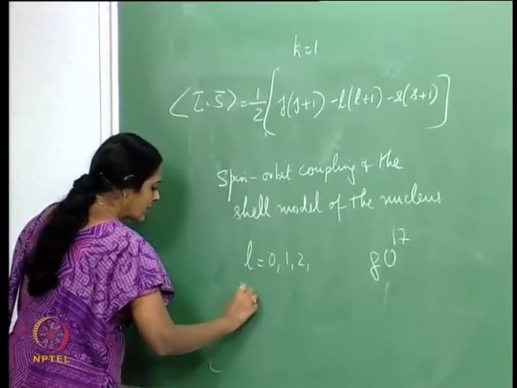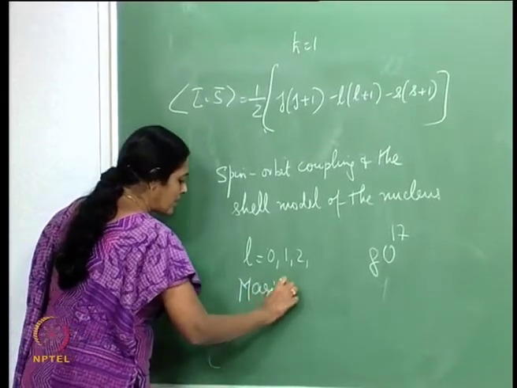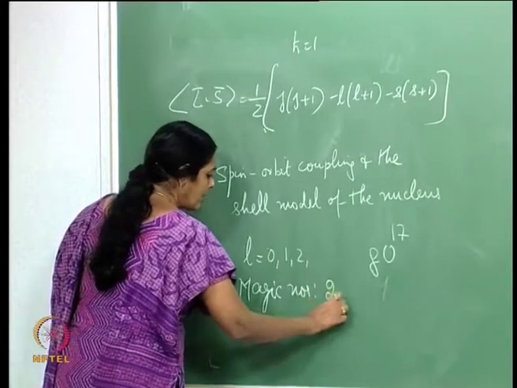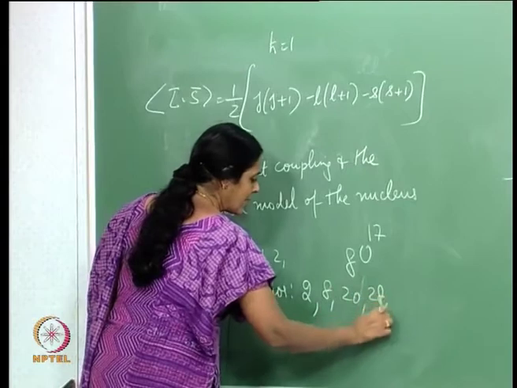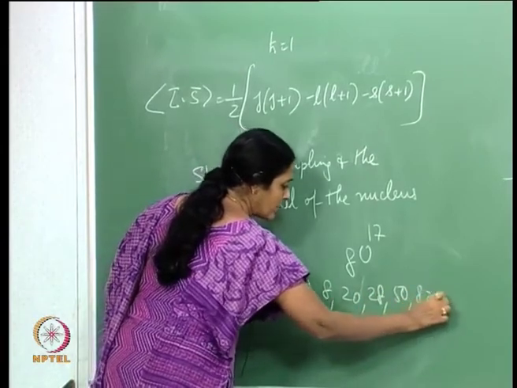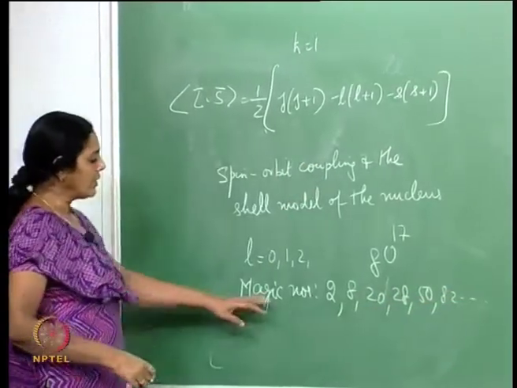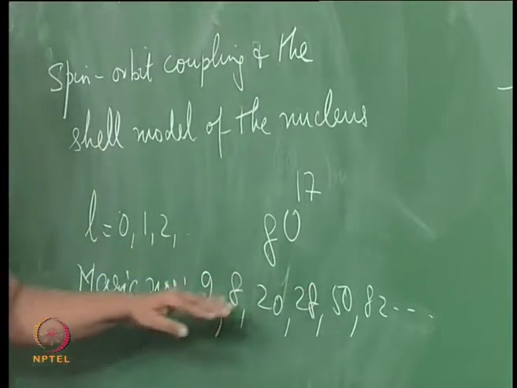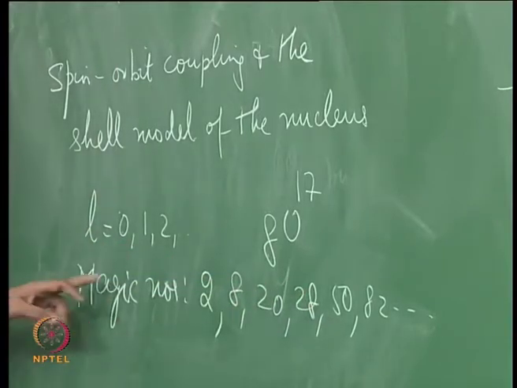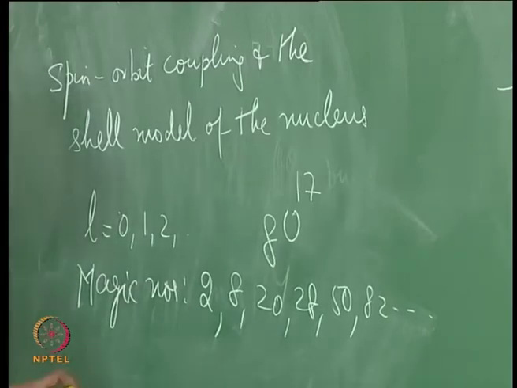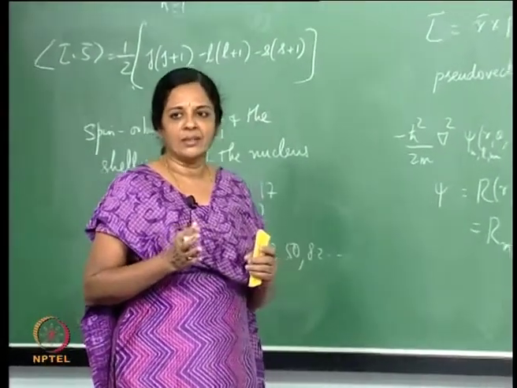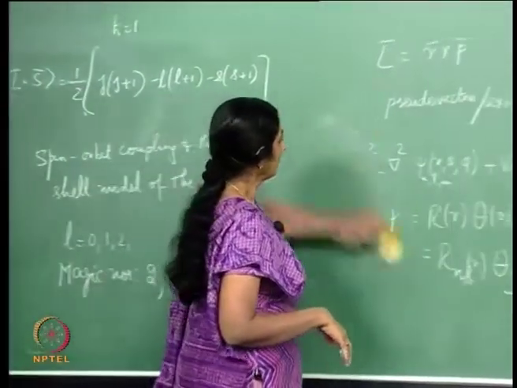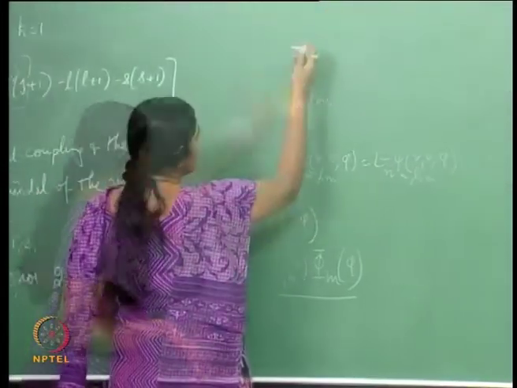So, for instance, there are these things called magic numbers: 2, 8, 20, 28, 50, 82, and so on. And nuclei which have these number of nucleons are found to be stable nuclei, and therefore, these numbers are called magic numbers. The spin orbit coupling becomes very important in trying to explain the stability of the nucleus. So, let us see how that works. Let me start, for instance,